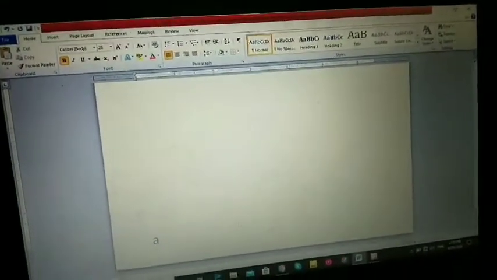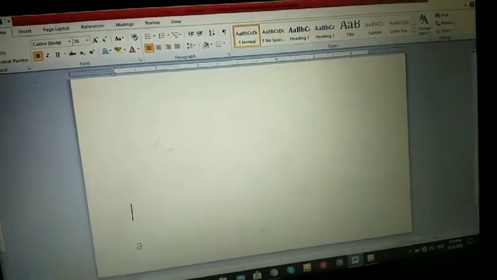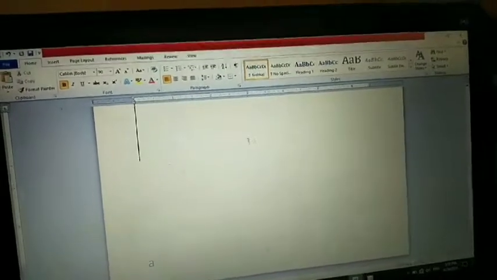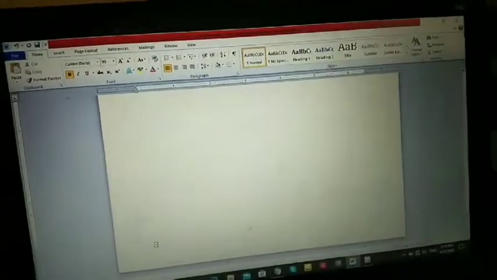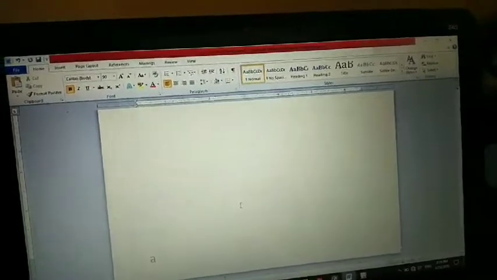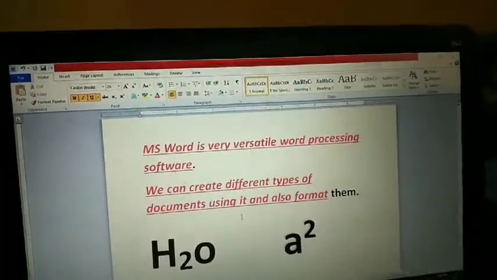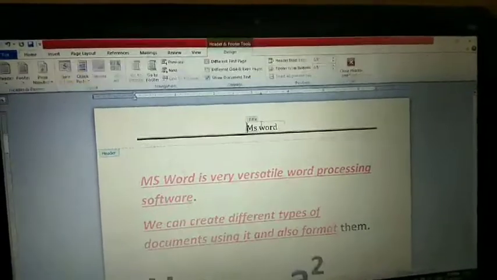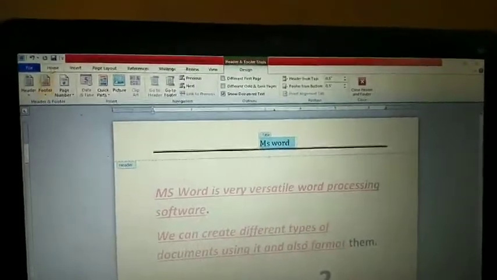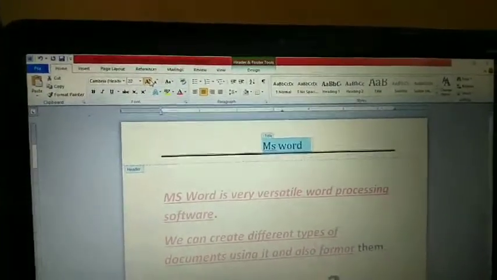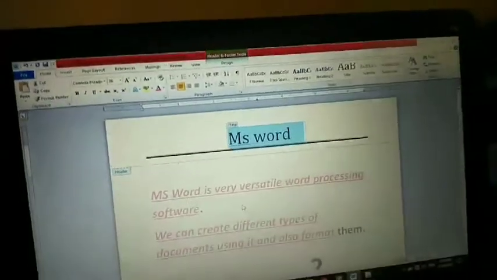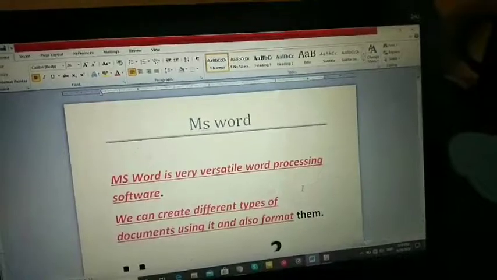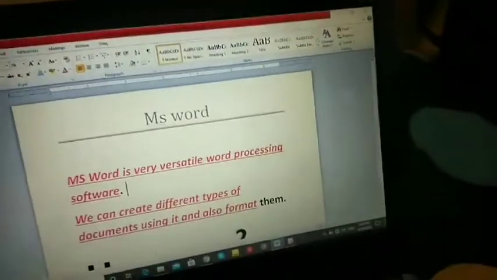The footer, you can enter a letter, you can enter a picture, you can enter a number, anything is fine. Any kind of font is possible in both the header and footer. But one thing is, footer will be at the bottom of the document and header will be at the top of the document. Okay. So here the footer is there. To make it big, I can make it bigger by using this bigger font option. That's all. So this is how we have to apply the header and footer option.